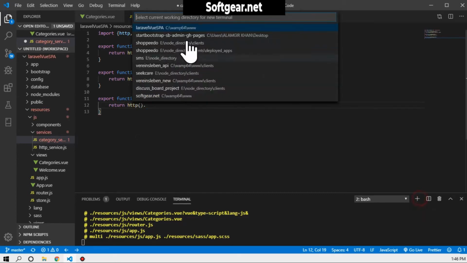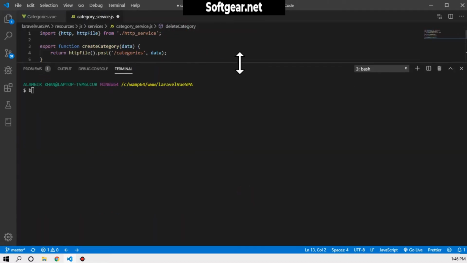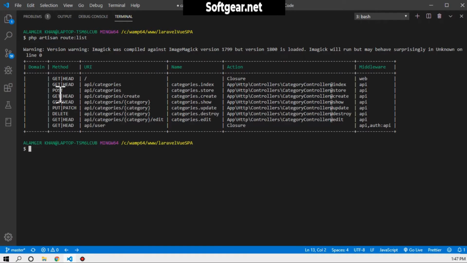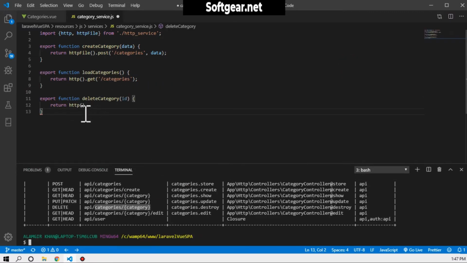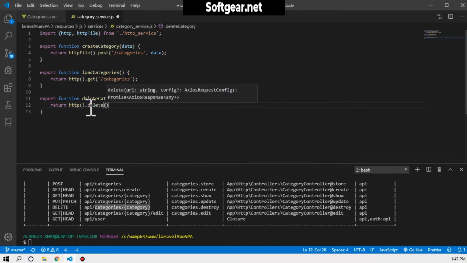Okay, let's first check the route list. And here we will write php artisan route:list. Okay, and to delete a category, we have a delete method here. Okay, so let's copy this, let's come back here, and here we need to write delete and this thing. So here we need to pass the id,